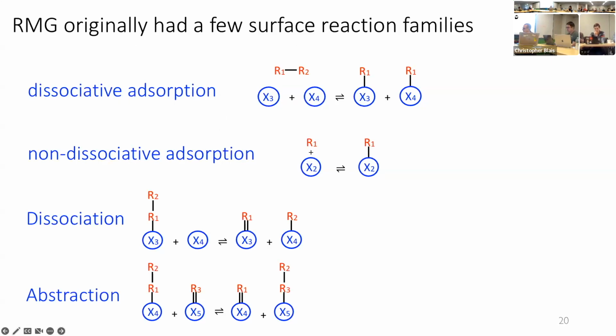So we've gone over species and thermo, and now I'm going to touch on the kinetics that we have that's unique for surface reactions. When we first put together RMG-Cat, I wasn't even around for it. I think it was Richard and Franklin that put it together. There were a limited number of reaction families.